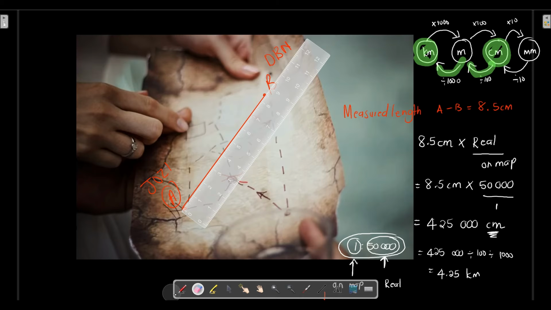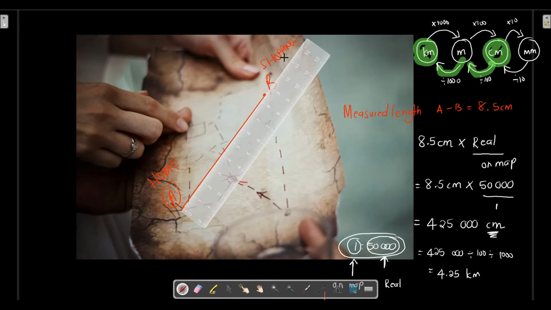Okay, so let's just say this is not from Johannesburg to Durban, because it's not 4.25 kilometers to move from Johannesburg to Durban. So we can just maybe say from your house to the shopping center. That basically means that the actual distance from your house to the shopping center is